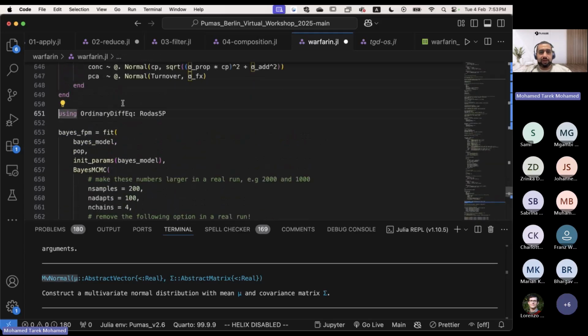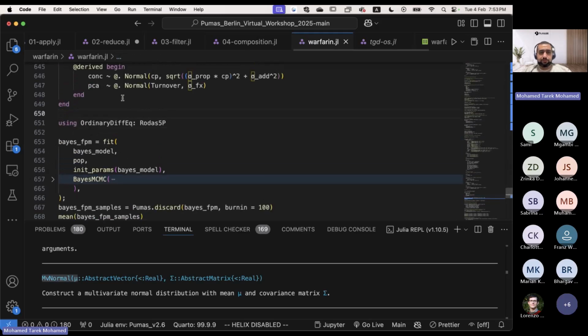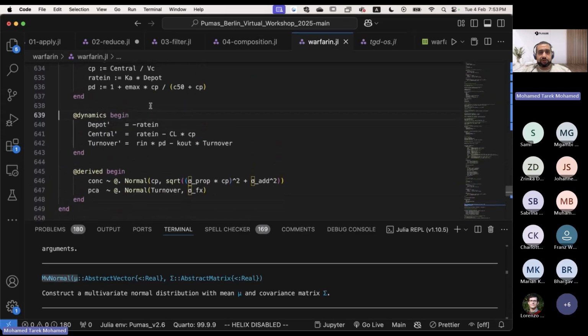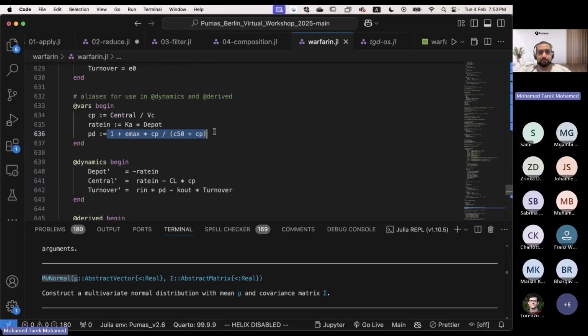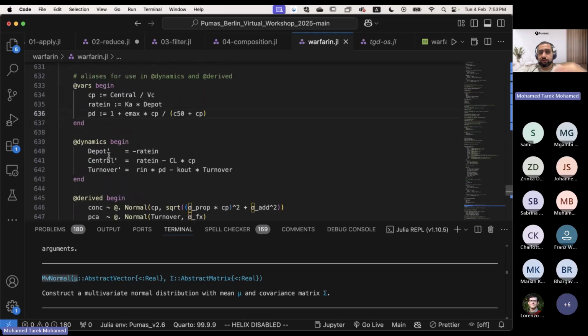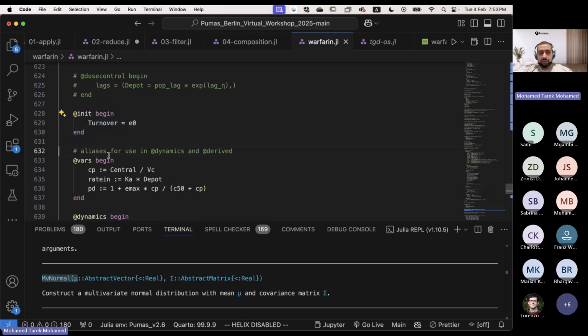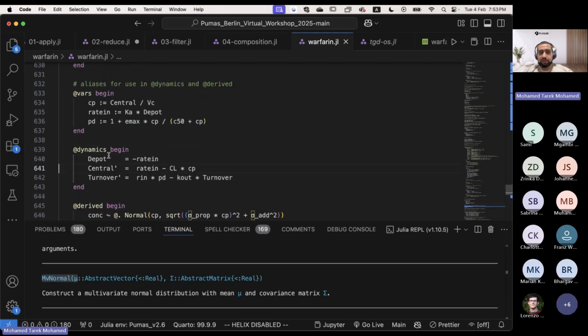Now, next, I show here how to modify the fit function to make it do MCMC. First of all, let's talk about differential equation solvers. In this model, because we have this nonlinear function of CP, it's a nonlinear ODE. The rates of change here, especially this rate of change, are a nonlinear function of the states. This means that there is no tractable or easy analytic solution for this, and we actually have to use an ODE solver. The ODE solver will typically start from, let's say, time equals 0 in the initial value, and then it will take some time steps to simulate moving the time forward